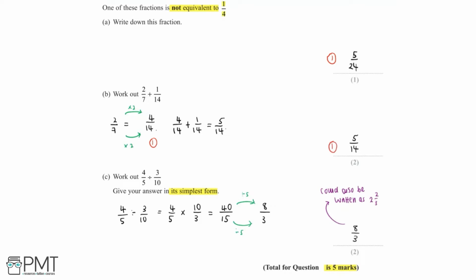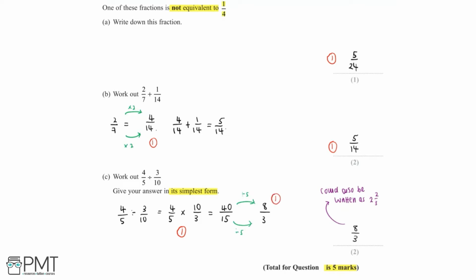Now in part C, we get the 1 mark for flipping the fraction and changing the sign, and for saying that 4 over 5 divided by 3 over 10 is equal to 4 over 5 multiplied by 10 over 3. And we get the second mark in part C for completing the calculation and for getting an answer in its simplest form of 8 over 3,